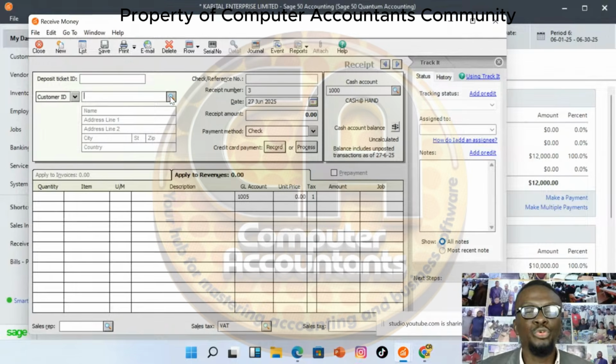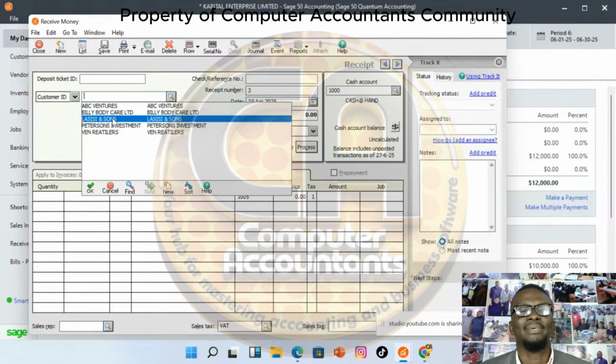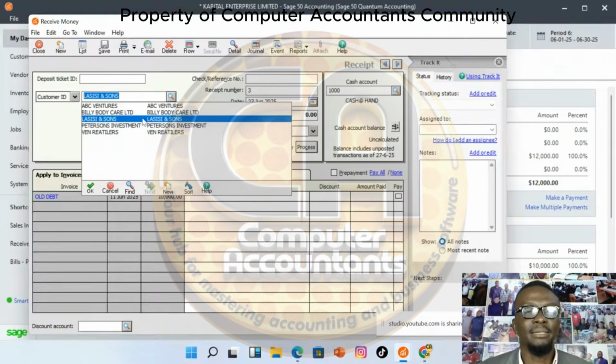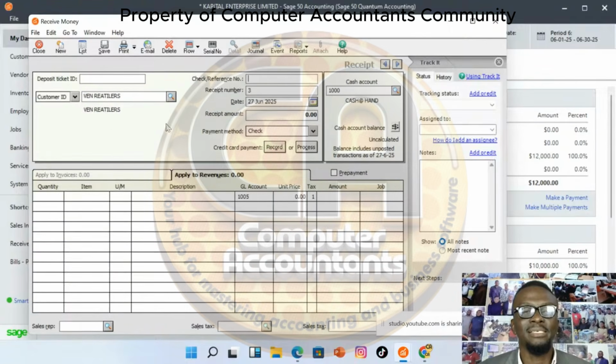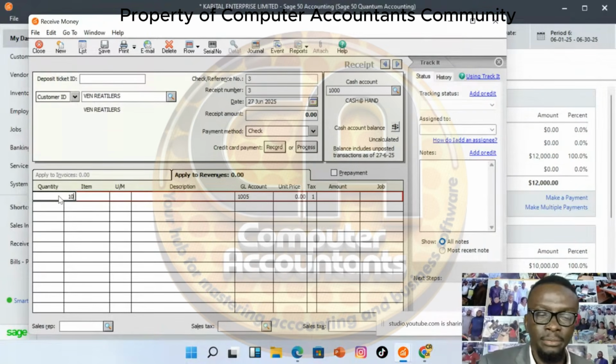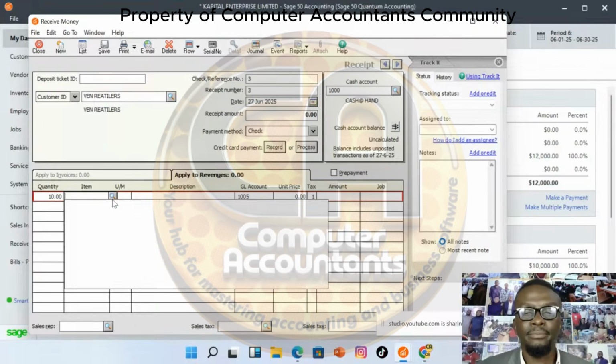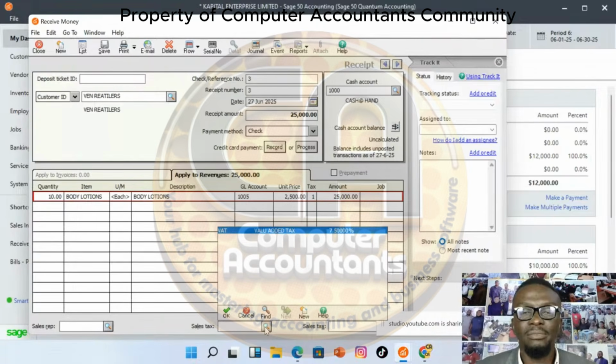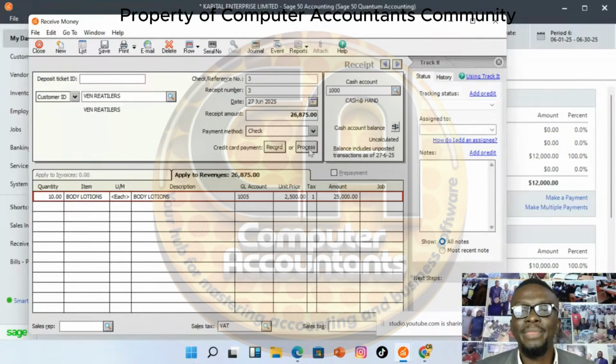I'm going to use one of the, let's use Lassisi. Okay, Lassisi is owing us. Let's use a different person. Let's use Venn retailers. Now Venn retailers is buying, let's say, 10 body lotions. Added VAT to it, and out of this total amount of 26,875,